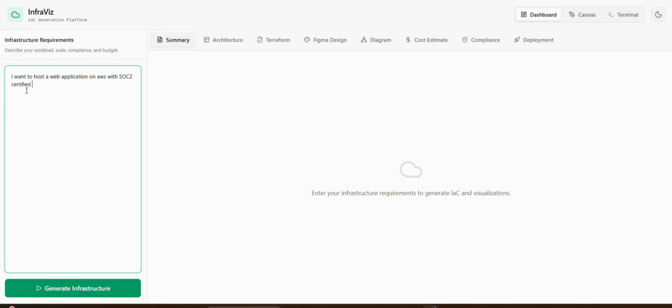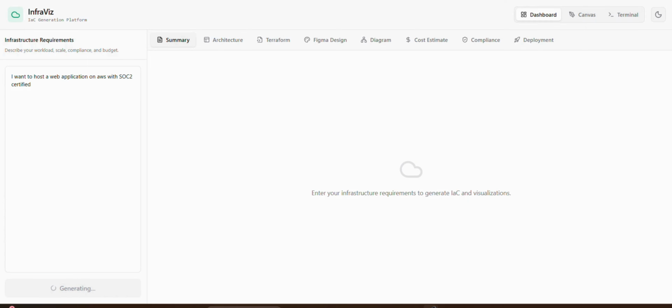So SOC2 is a compliance. Most engineers know about SOC1. SOC2 is a system, technically we call it... let me give you a point, I just forgot the point. That is like System and Organization Controls certification. Okay, so it's trying to generate the part, and I don't like this interface, so I will be keeping